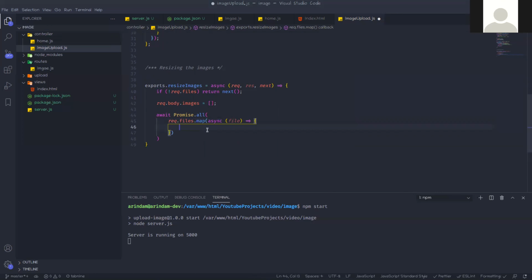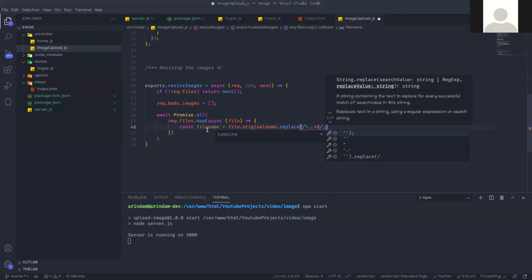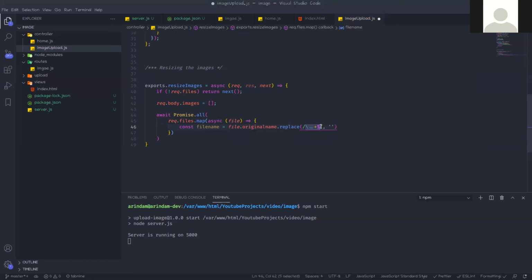First, const filename, that should be file.originalname, which is another property of the file, dot replace. You can give this type of replace regex; if any such characters are there in that name, we will replace them.